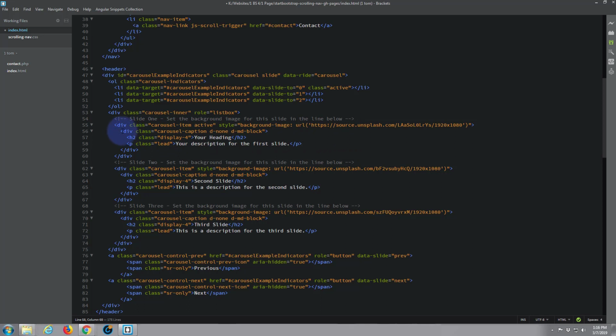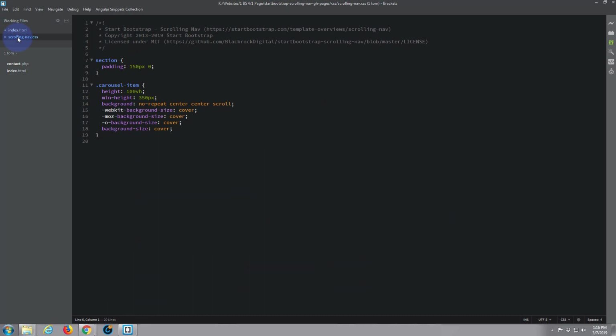But if we look here with brackets, when you click on an opening div or divider, it'll show you the closing one. So our writing's within this one called carousel caption. So here's another little bit of code we've got to do. I'm going to grab carousel caption, Control C to copy, and it's a class. It's not an ID, it's a class. So if we go to our scrolling nav CSS, and after our last bit, just going to drop down, I'm going to put a dot or a period, because classes you always put a period in front of them, or a dot. Paste in carousel caption, open and close some curly brackets,